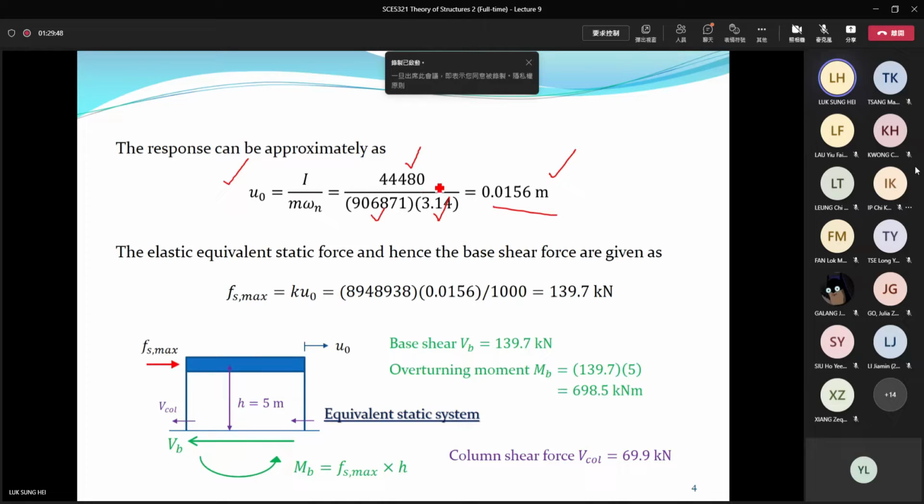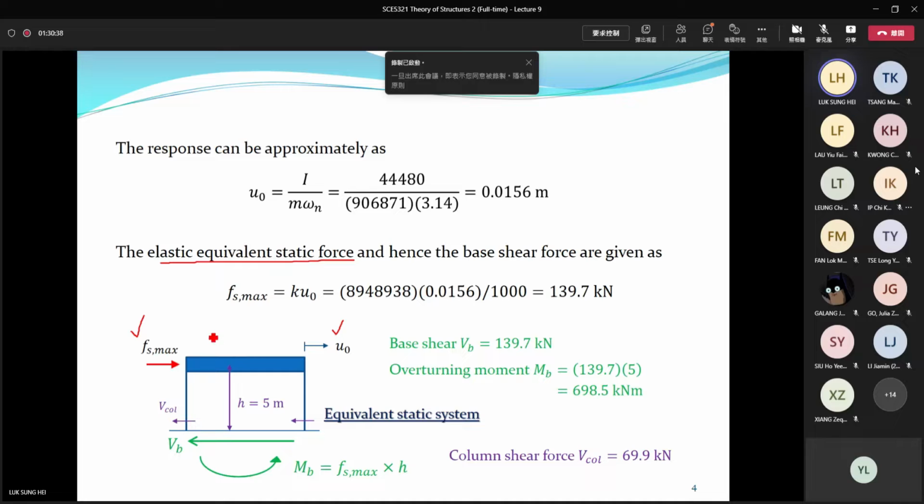For dynamic problems, normally you firstly calculate the displacement response first. That's why in the notes I give you many equations for displacement functions under free vibration, under harmonic vibration, under pulse vibration here. Once you know the displacement, you can use it to estimate one very useful quantity called equivalent static force. Equivalent static force means the static force that gives the structure the same displacement, u0, which is equal to